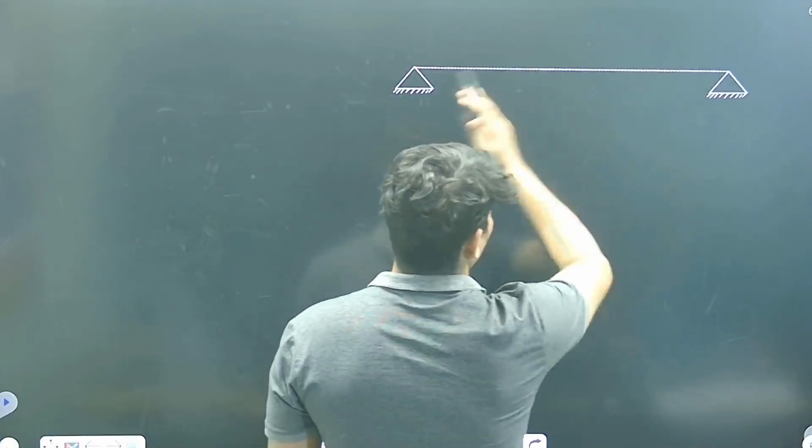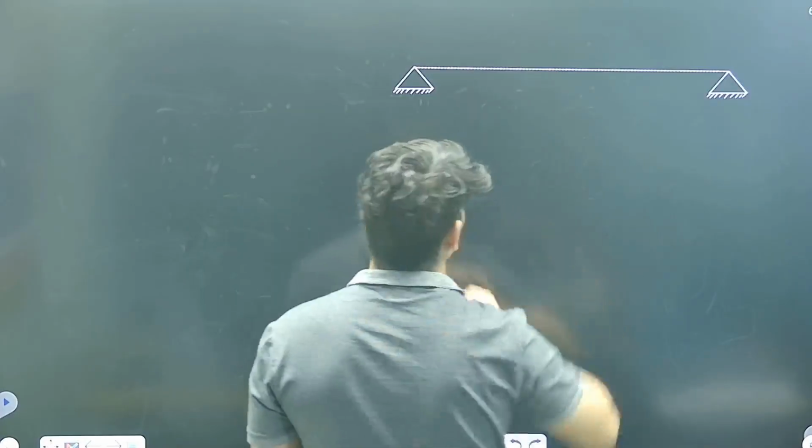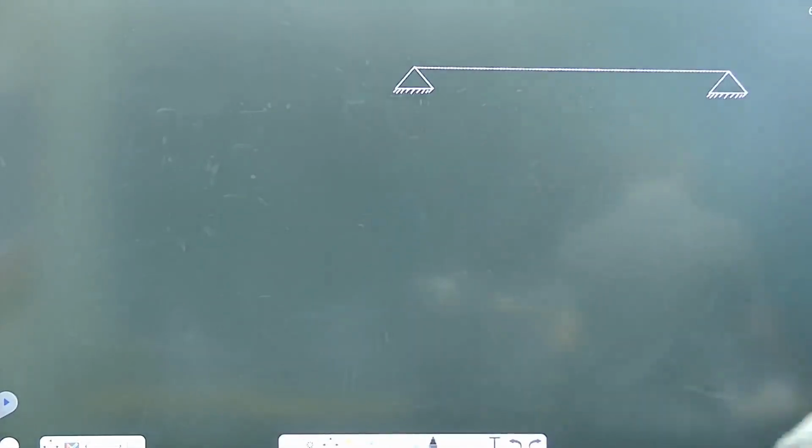The distance between the two supports is given as 40 meter, and the loads applied are 20, 10, and 12